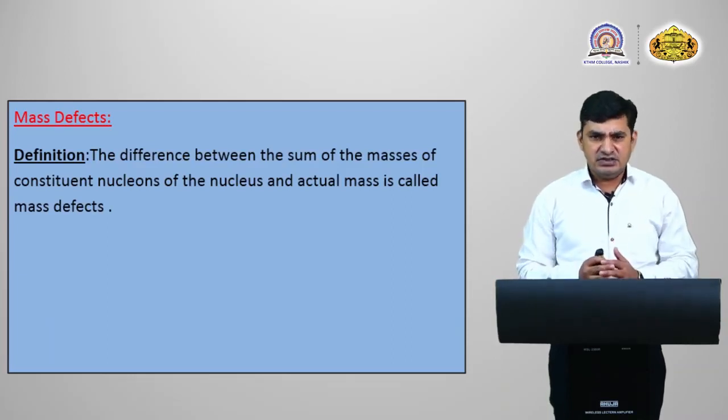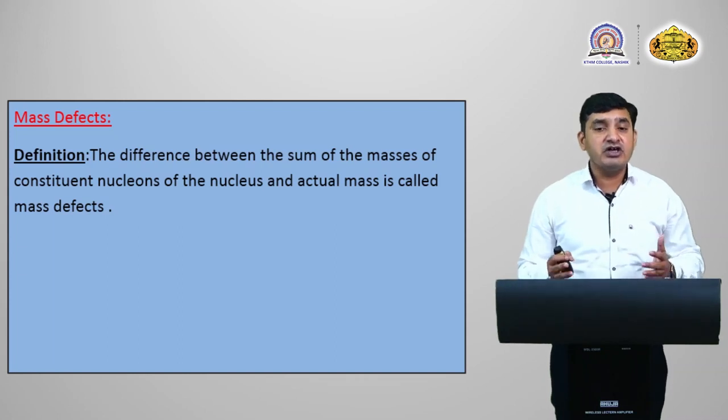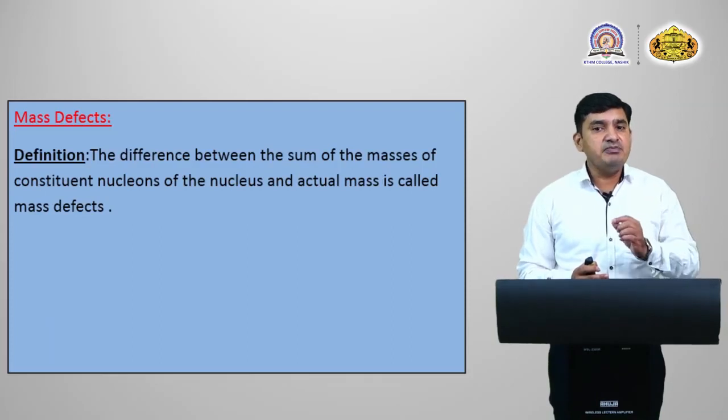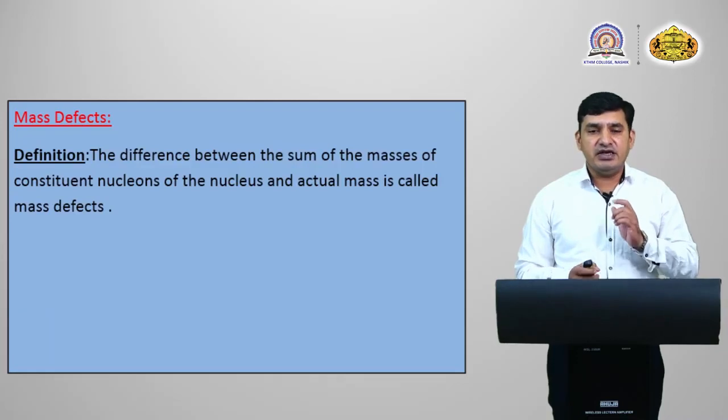We can find the sum of the masses of the constituent nucleons, that is Z Mp plus (A minus Z) Mn,